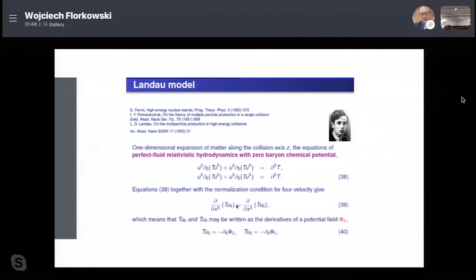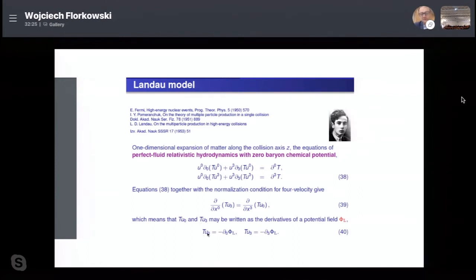And then the hydrodynamic equations have a very simple form. Simply, the time derivative of the temperature times the longitudinal component of the flow is equal to the longitudinal z component, or x3 component, of the temperature times the time component of the flow. So it's kind of a rotation at zero of the field, which is obtained by multiplying temperature by the flow. So the immediate solution is that